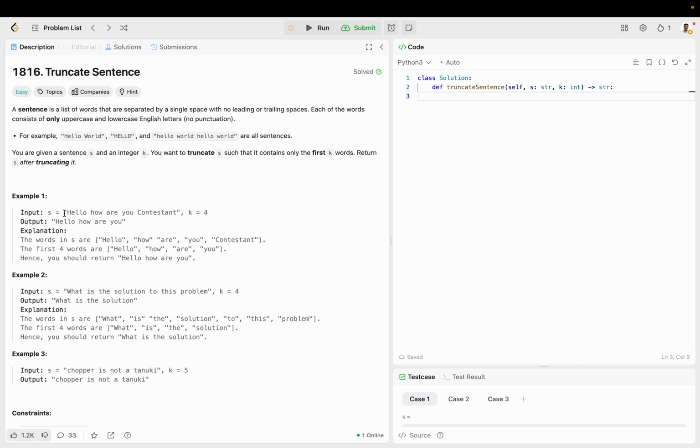And you are given a sentence, so this is a string, and another integer called k, and you want to truncate s so that only the first k words appear in the result, which is going to be a string as well, and then return it. This is pretty simple because if you know how the split function works in Python, you can just turn this into a list by splitting by the spaces that appear in the input string. So let's call this list s is equal to s.split